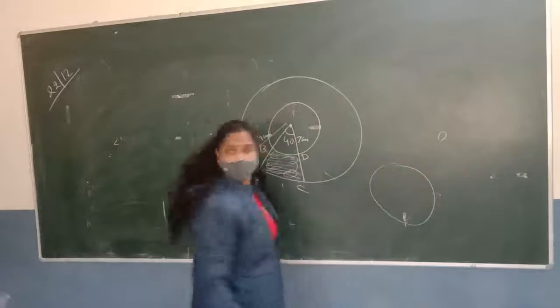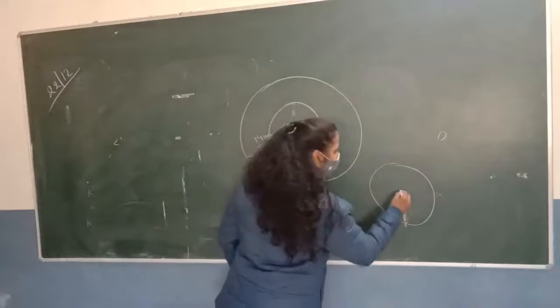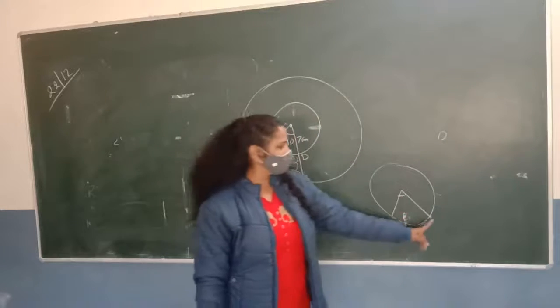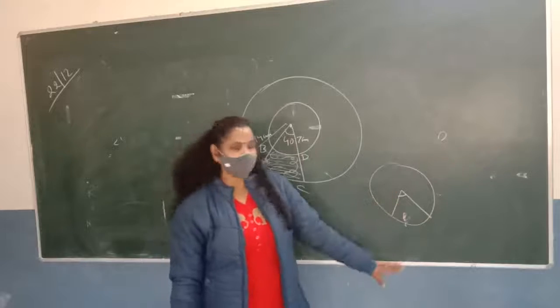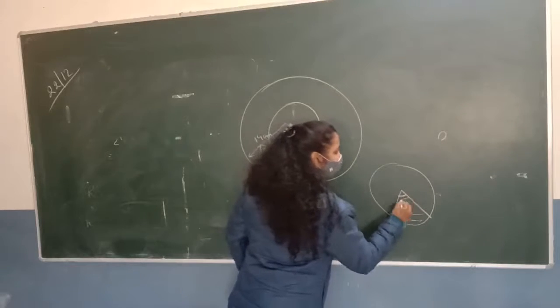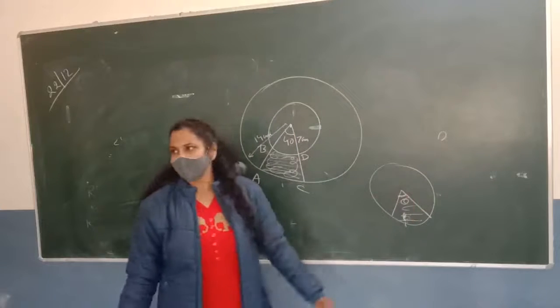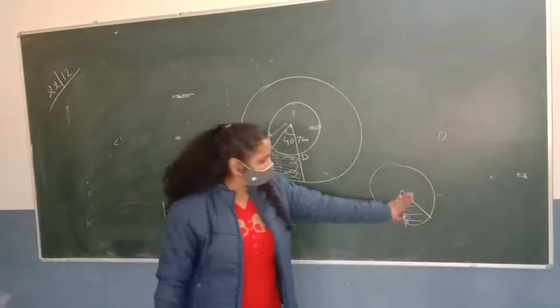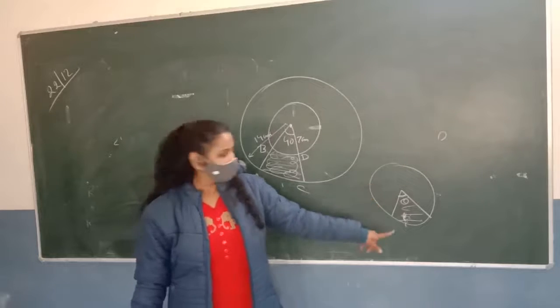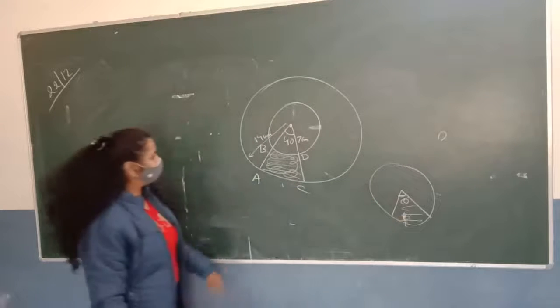This is a circle and this portion is called the sector. If we join 2 points of the circle with the center, this portion is called the sector, like a pizza. And this angle is called theta. So the area of this is theta upon 360 pi r square. Okay, this is called the sector. Now, can you find the area of this portion?